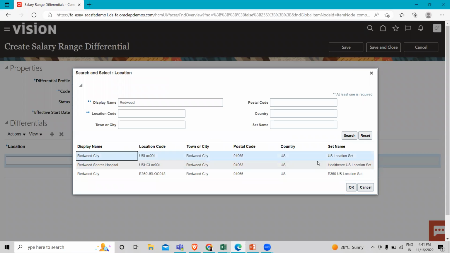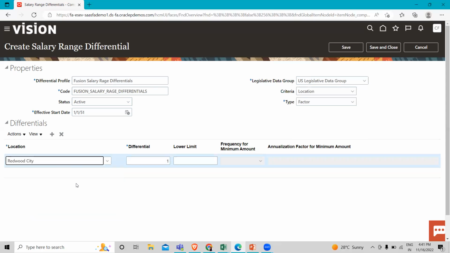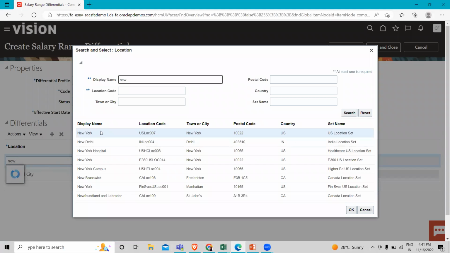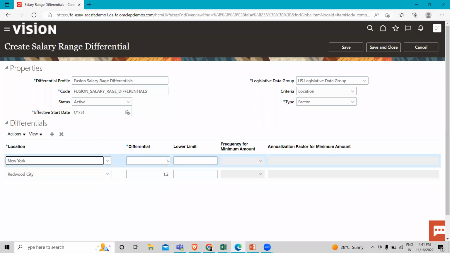For example, let's select this one. Here you give the differential for this city as 1.2. Then go to the Actions, click on Add Row again, and select Newark.